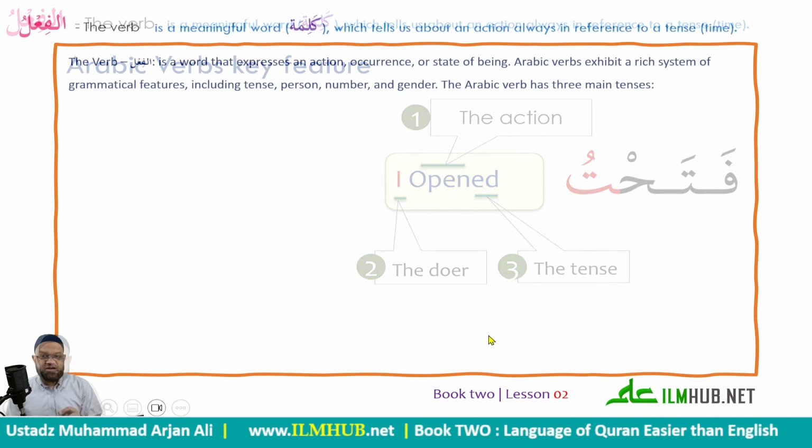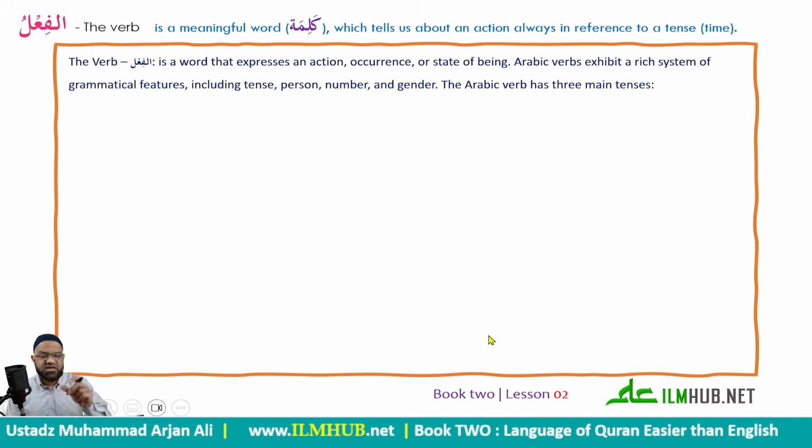So a verb in Arabic always has a tense. It expresses an action, occurrence, a state, or a being. And it has a very rich system, as I mentioned, that everyone has a pronoun. So we will know from the tense, the number, the person doing the action is a singular, dual, or plural. Is it the first person, i.e. me, speaking, or we? Or is it they, or he, or she, which is the third person, or you, which is the second person?